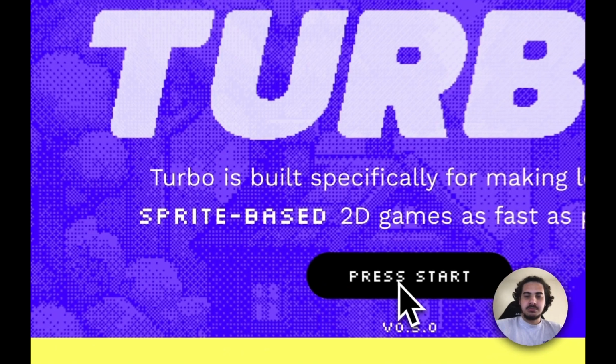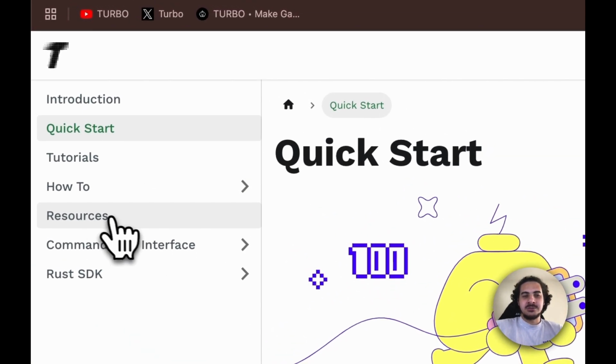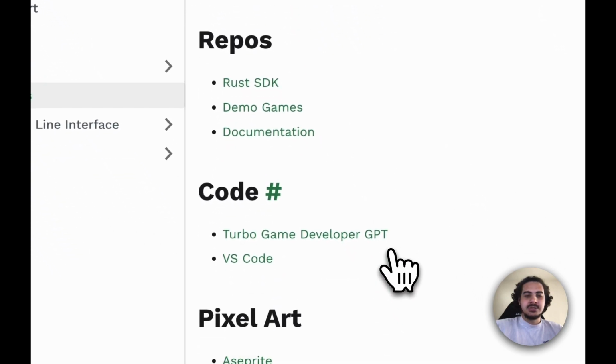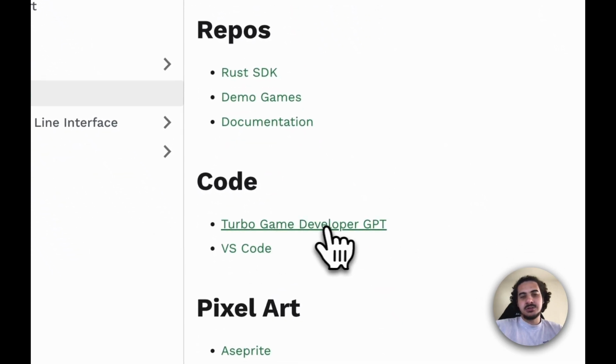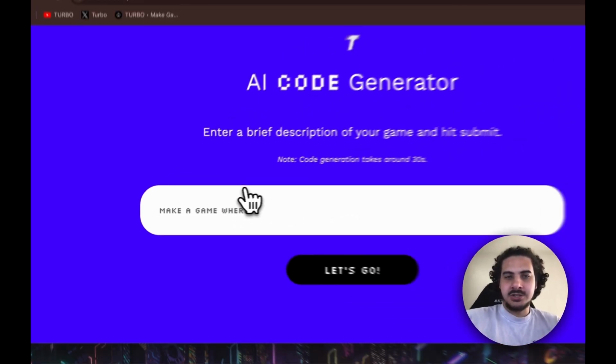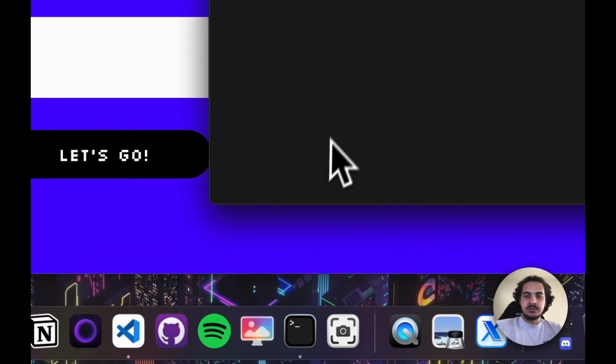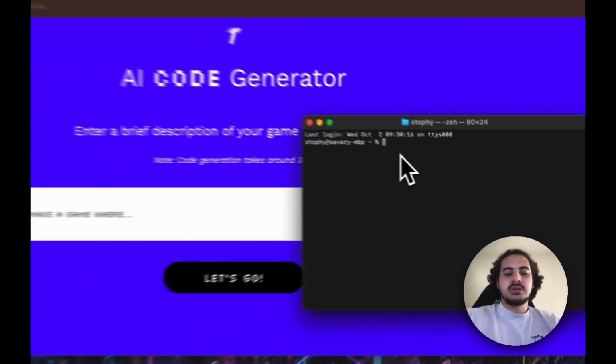So if we press start here, we can go into our resources section, and in the resources section we have a Turbo Game Developer GPT. In Turbo Game Developer GPT, we can use AI code to generate a game, and you can give it a prompt. Now, before we get that far, I'm going to run over to Turbo here,